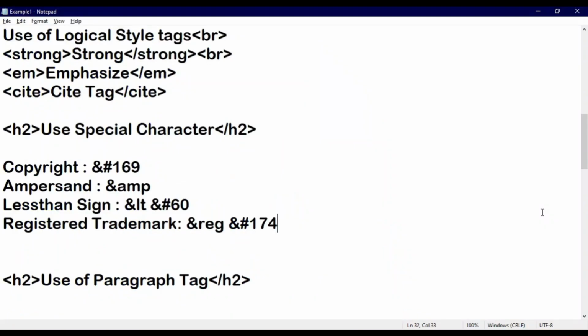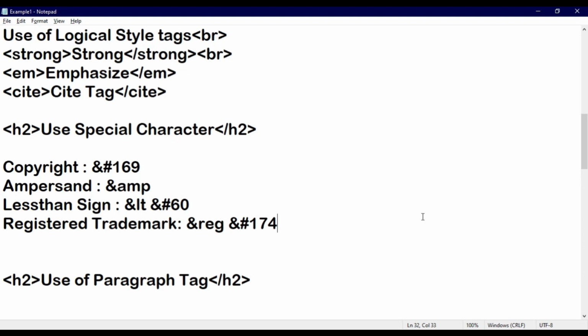So this is a way by which we can display a special character on our web page, using the & symbol, and using the hash along with the & symbol whenever we want to set a numeric value. So students, I hope that you understand very well what we have learned up to this point. In this chapter we began with the concept of the body section, and in the body section we have seen 5 attributes.